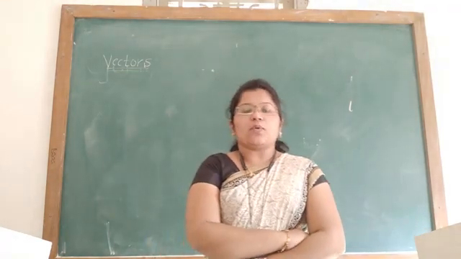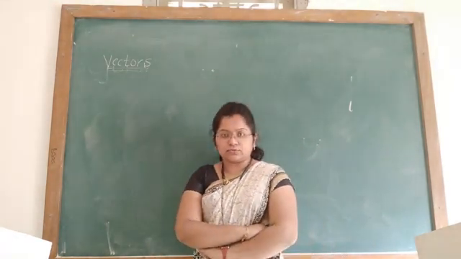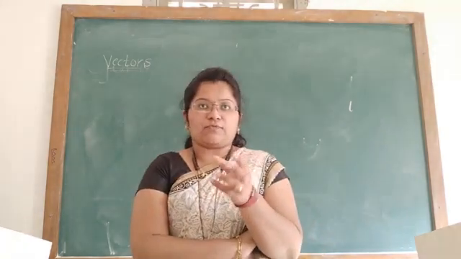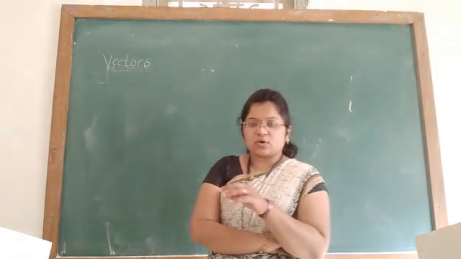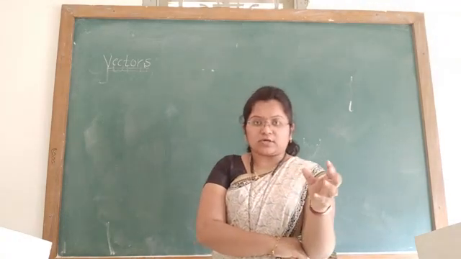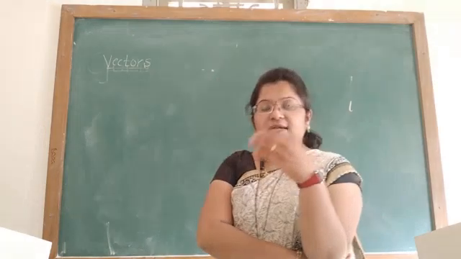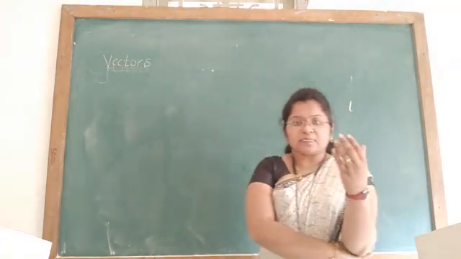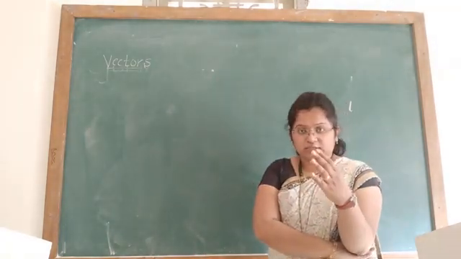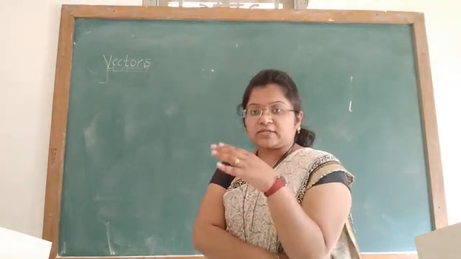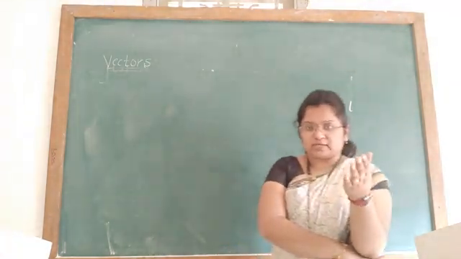Okay, means when two vectors are given to you, how to multiply them, or in terms of vectors I can say that is called the vector product. When you multiply two vectors, that is said to be a product. So here today we will discuss about vector product of two vectors.